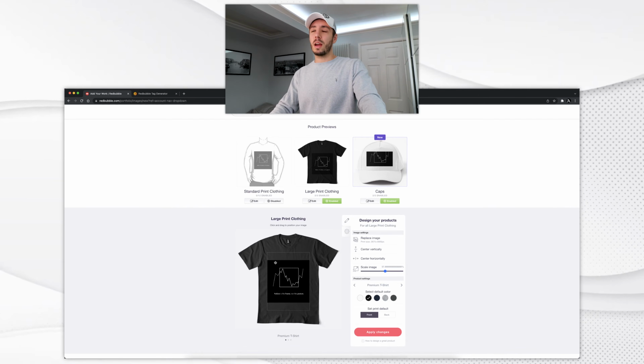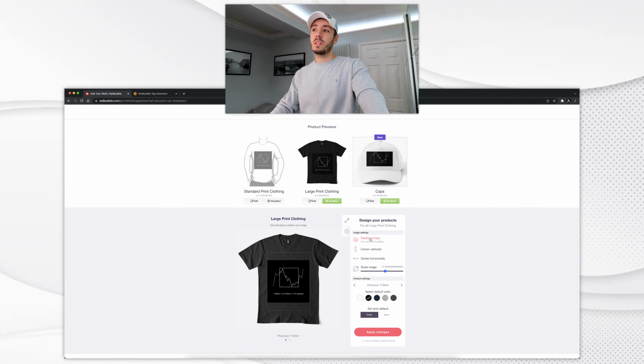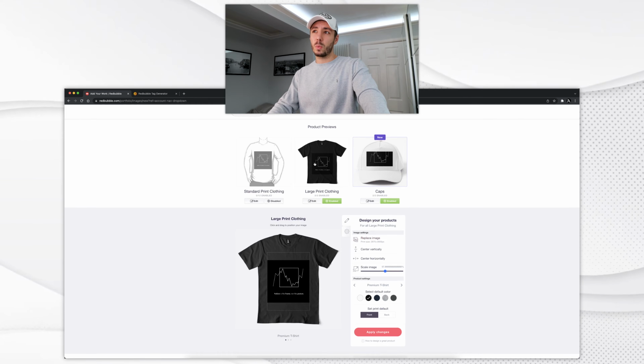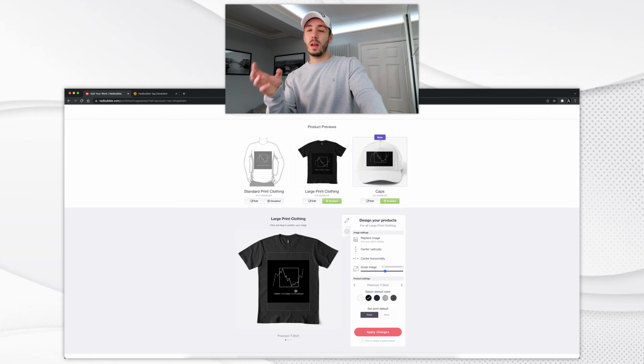So in this case, what you can do is you can come back to this later and you can replace the image here with a PNG of just those white lines and the white text. That way it will be printed